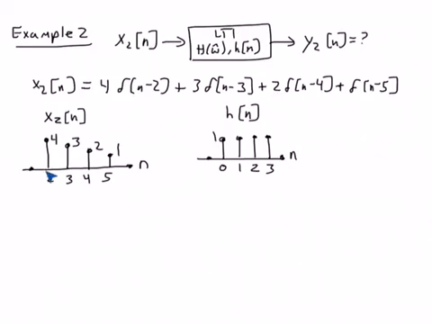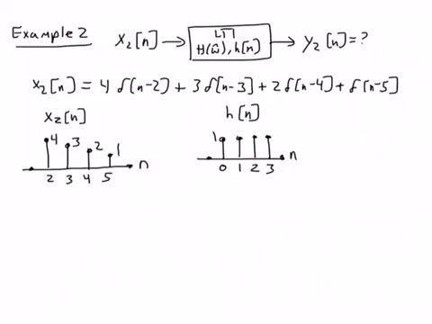So it's 4 at 2, 3 at 3, 2 at 4, and 1 at 5. Okay, and it's 0 everywhere else. And just for convenience here, I've resketched the impulse response of the system. So when we see an input of this form, an arbitrary input consisting of a series of impulses, and we have the impulse response, one immediate way to solve for the output is to do the convolution,